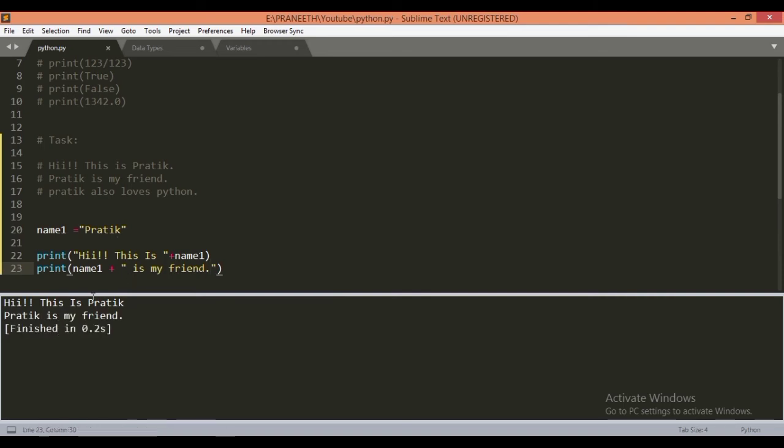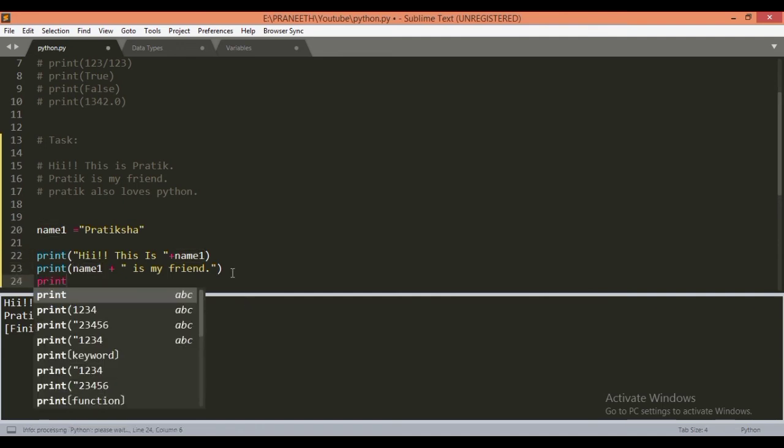Here this name1 automatically assigns Pratik. If we change this to Pratiksha, then each reference of name1 gets changed to Pratiksha. So writing the last line.